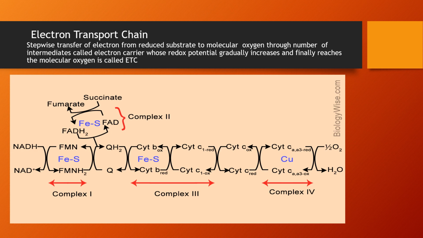I repeat, it's an important question, the electron transfer system or electron transport system, and this is the typical representation of the respiration. This is the one where the oxygen is used as the oxidizing agent. Oxygen is used as the ultimate oxidizing agent. That is the reason why we need oxygen for the respiration, why we need oxygen for the oxidation, why the cell needs this oxygen molecule for its energy production. Next thing is,